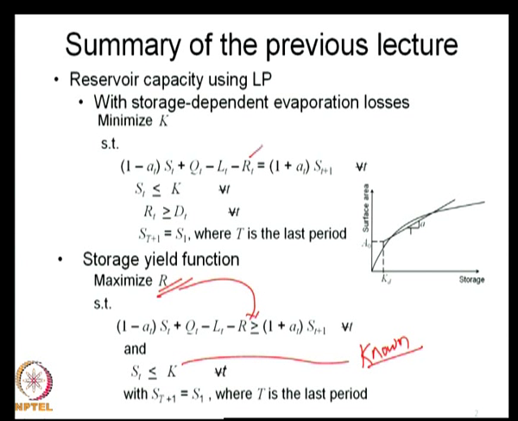Remember, here it was RT, which was varying from time period to time period, but here we are looking at a constant release all through the year. So, we are saying R1 equal to R2 equal to R3 and so on up to RT, and that will be equal to R. So, this is the constant release, and we are looking at maximization of release. The physical picture you should keep in mind always is, for a given reservoir of known capacity, what is the maximum constant release that you can meet from the reservoir all through the year. There may be 12 time periods like this if you are looking at monthly operation.